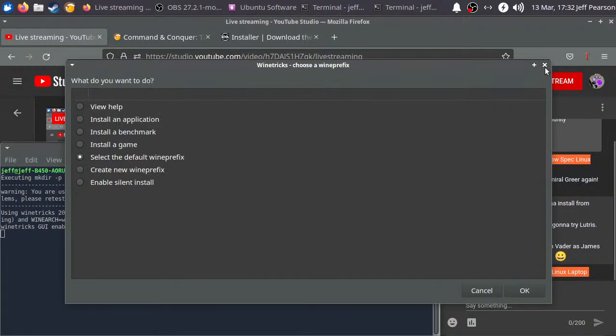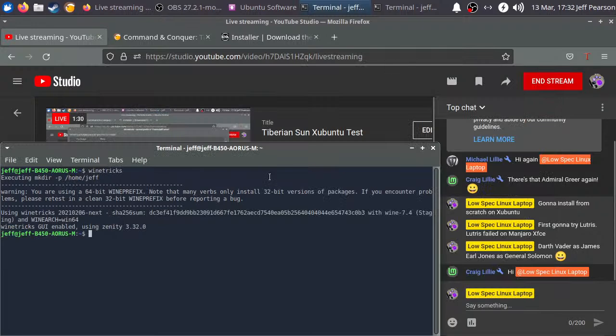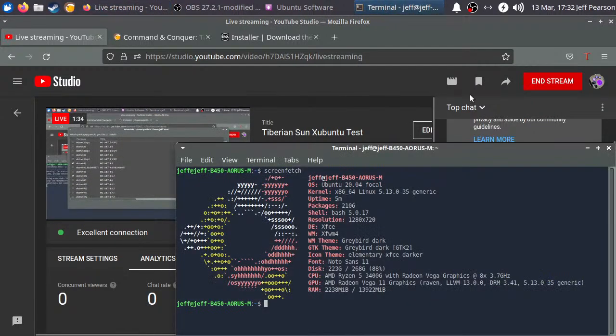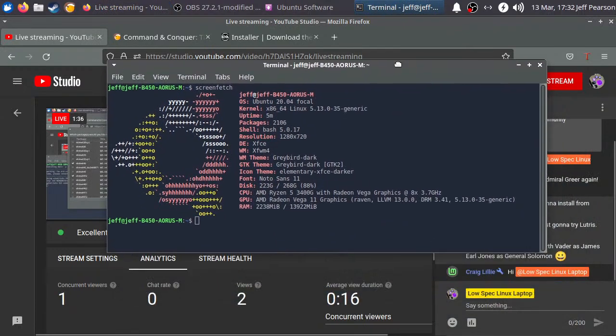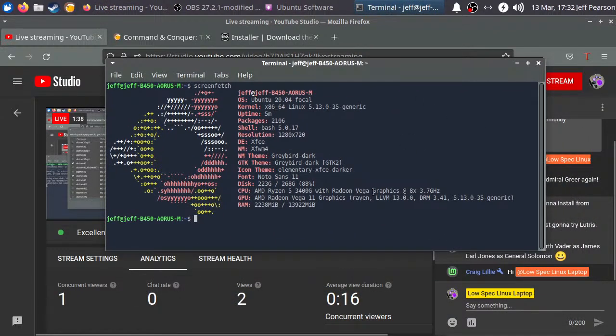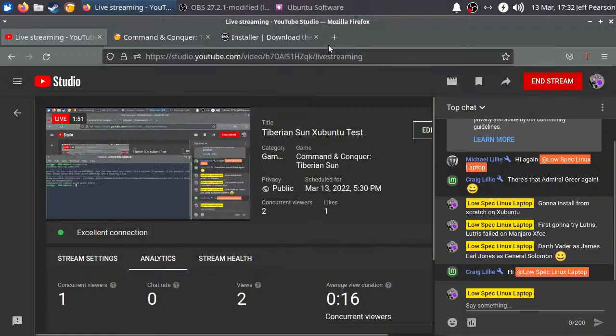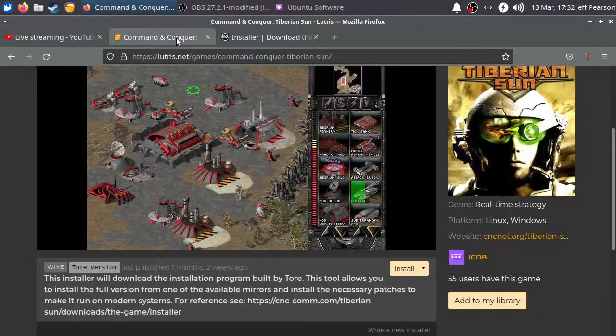So there's that, and then let's see, yeah, we don't need that no more. That was Winetricks. And here's the specs of the machine. Xubuntu 20.04. I'm running a Ryzen 3400G with just the built-in graphics of the CPU. And the first thing I'm going to try is using the Lutris installer, which for whatever reason